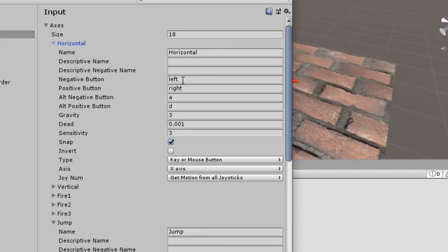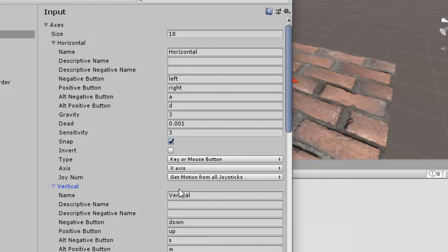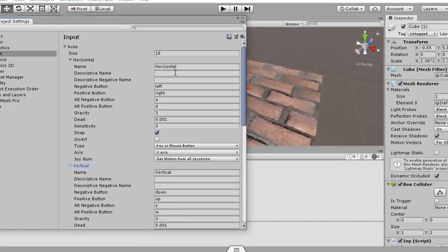Alternatively we can use the A and D buttons. Similarly, there is a Vertical axis. Here we can use the down arrow and up arrow, or alternatively the S and W buttons. So these types of inputs are already associated with an FPS, or first person shooter, or any character controller.